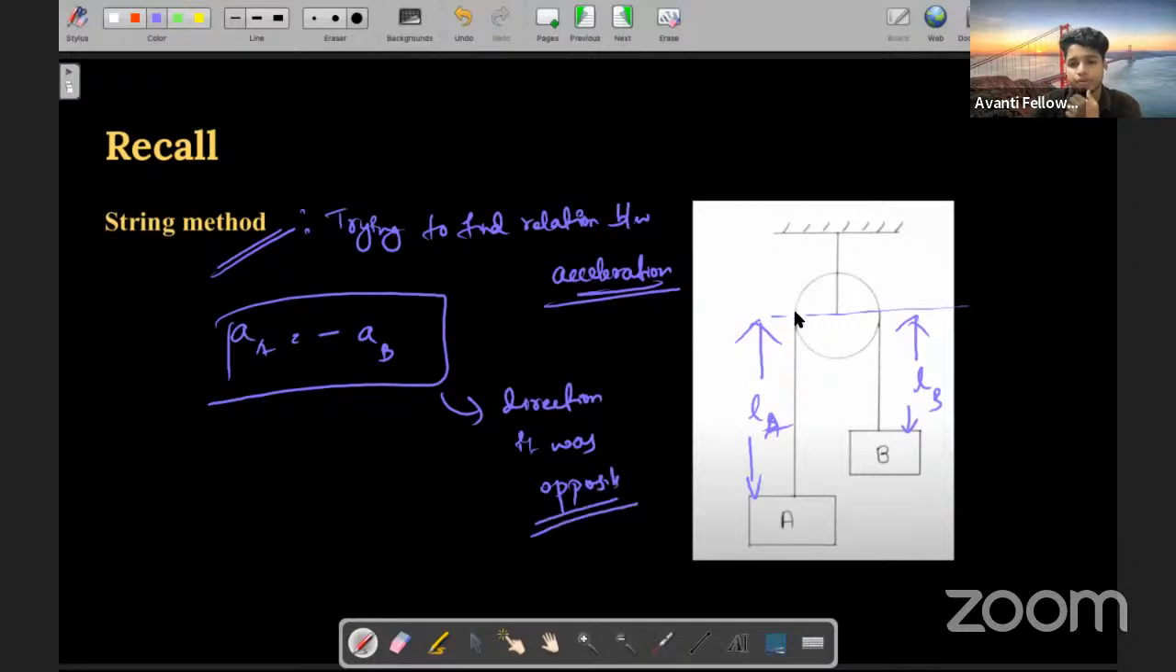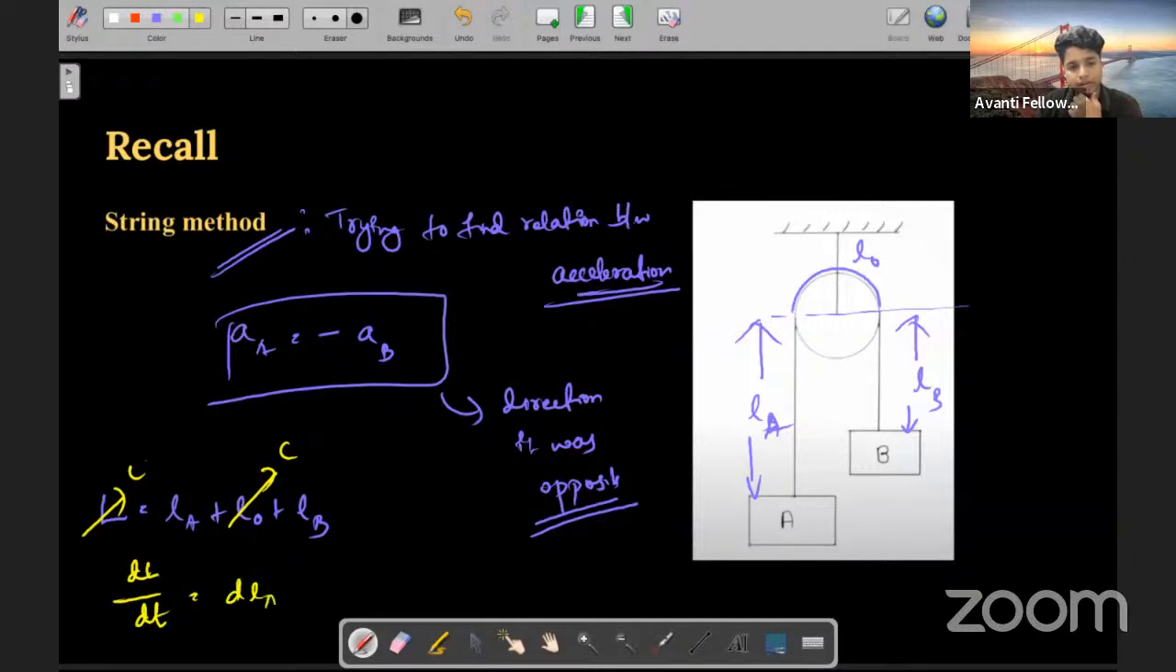Do you remember this, where we took this length as L0 and we took the total length as L? The total L is equal to LA plus L0 plus LB, where we came to know that L0 and L are constant. Then we differentiate it. When we differentiate it, we get dLA by dt plus